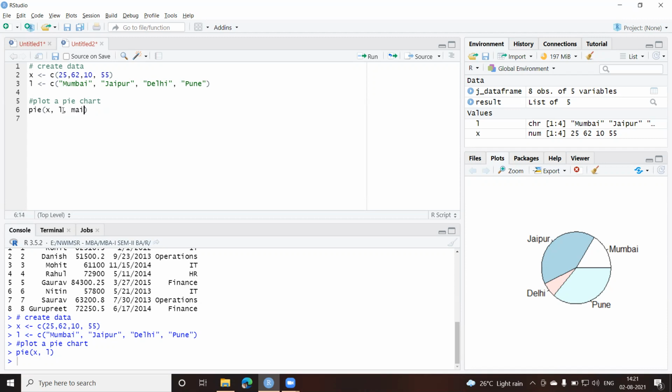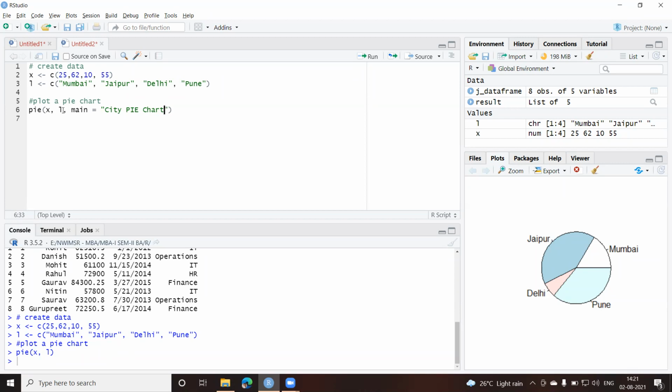To give the title, there's a parameter called main. So I can give main equal to, let us say, pie chart. That's the title which I'm giving to my chart now.